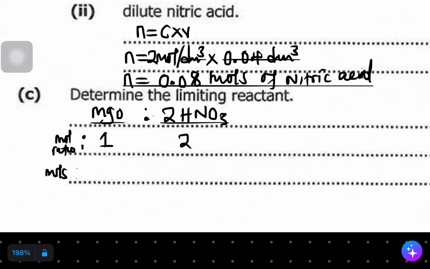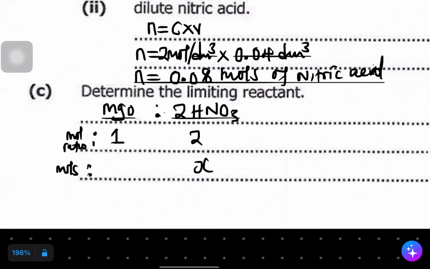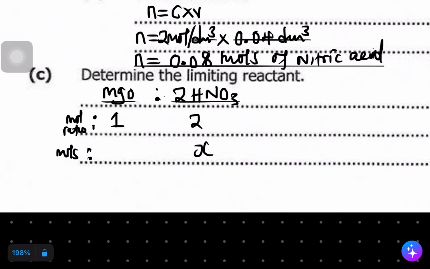We use the moles to determine, okay? So now, if you want to start with the nitric acid, if you want to see that nitric acid is a limiting reagent, what you do for the moles, you put X on it. And then now, for magnesium oxide, you put the actual moles that you have calculated. So what moles have we calculated in the equation? So we have calculated 0.075 moles. So these moles we put on the side of magnesium. So there we put